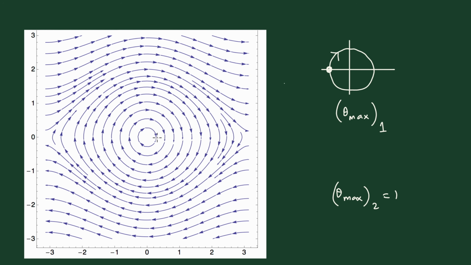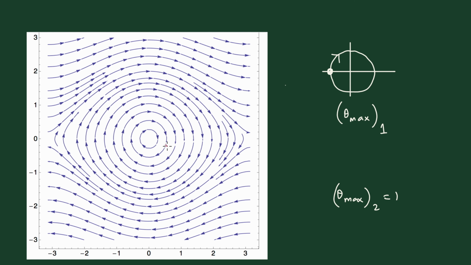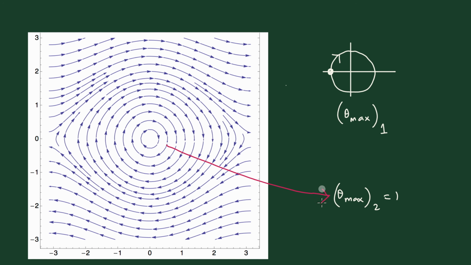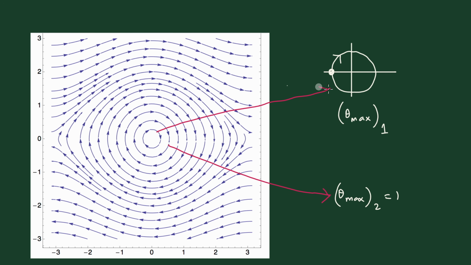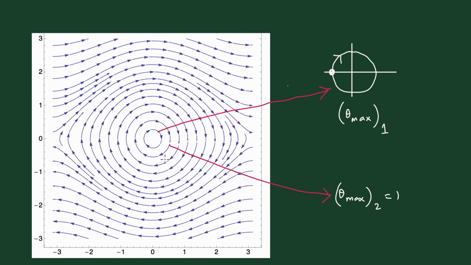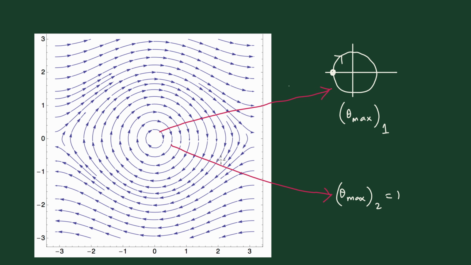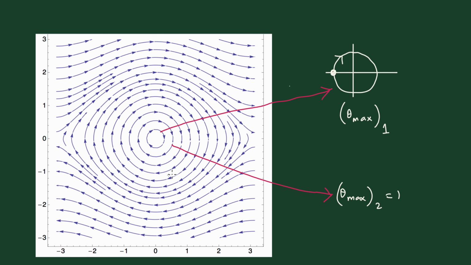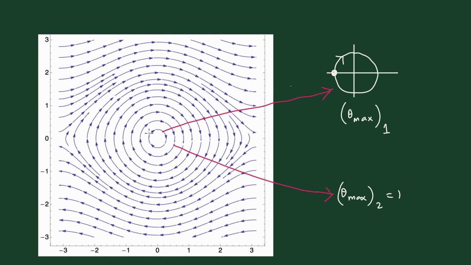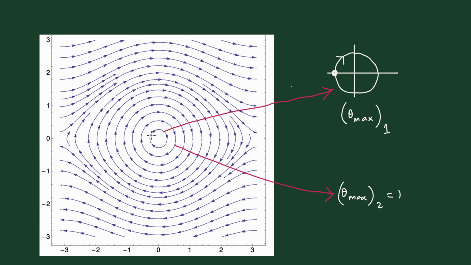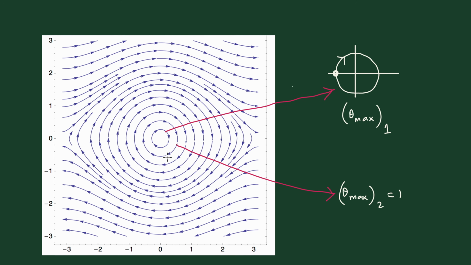So if you repeat the experiment with another theta like 10 degrees, that will be the second one. I am now showing it here. The first circle that you have is the one corresponding to theta maximum equal to say 5 degrees. Similarly, you can increase the amplitude. If you increase the amplitude of the oscillation and repeat the experiment, you will get one circle corresponding to each. You will get bigger and bigger circles corresponding to larger oscillations of the simple pendulum. That is the meaning that you get from this particular diagram.